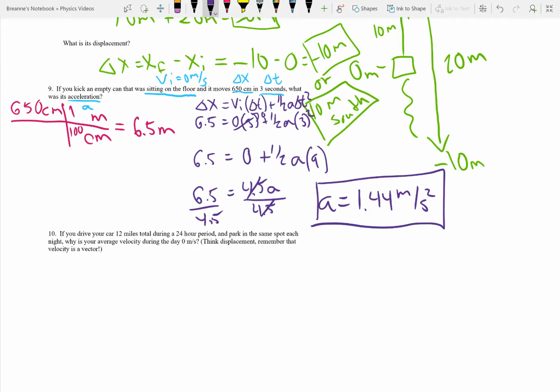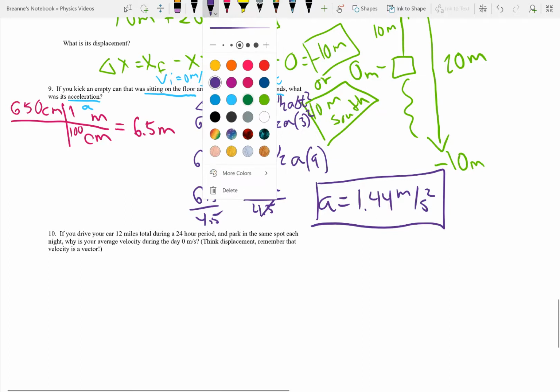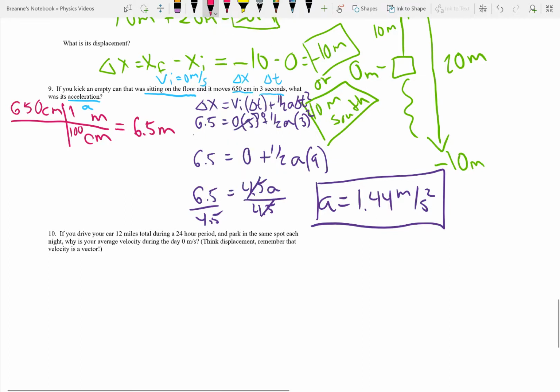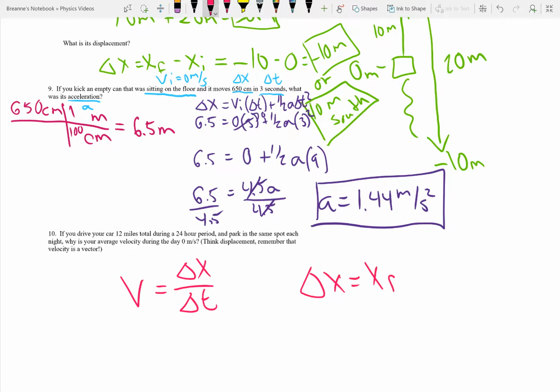There you go. So 10, if you drive your car 12 miles total during a 24-hour period and park in the same spot each night, why is your average velocity during the day 0 meters per second? Think displacement. Remember, velocity is a vector. So that all goes back to your equation. Remember, your velocity equals your displacement over time. Displacement is your final position minus your initial position. But if you park